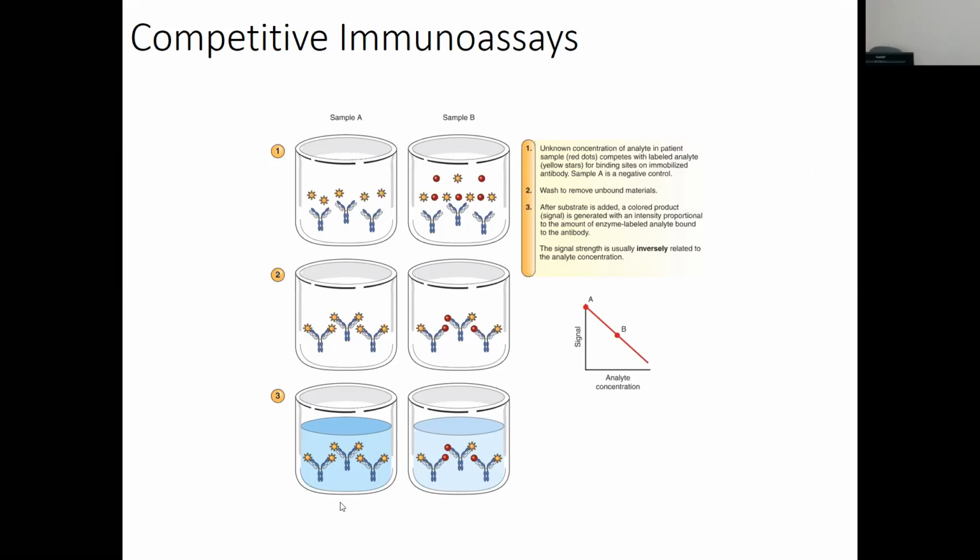Okay, so they're competing for the binding sites. Good? So as you see over here, the analyte concentration with the signal, right? A is the first one, a negative, really high signal. B, the signal's coming down, so we're getting a little bit more of the patient analyte there. And then we can measure that. We can put that on a standard curve, and we can say, if our patient is here, then we know what level of antigen they had. Is that enough of a level for sickness? All right. Are we good with that one?